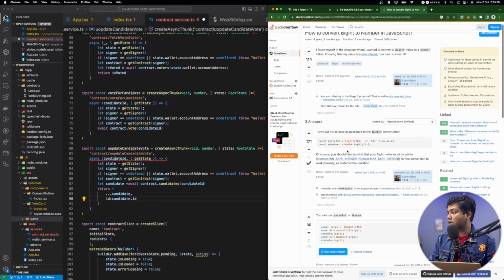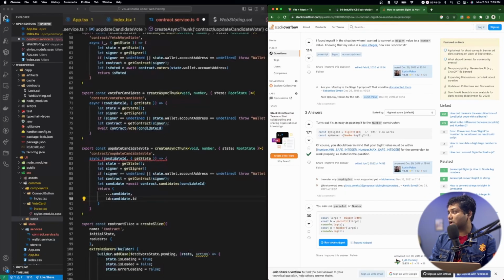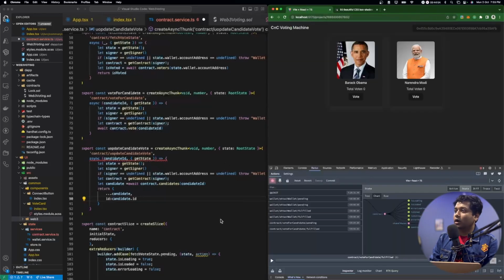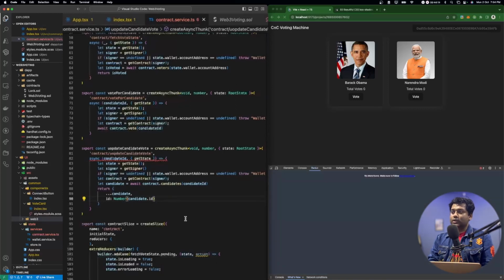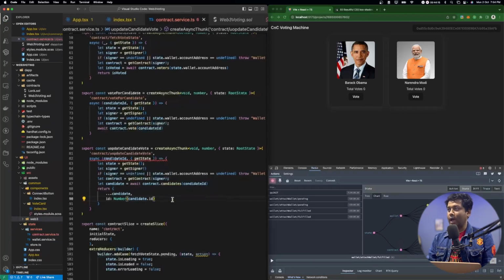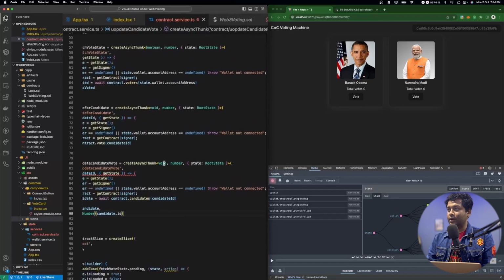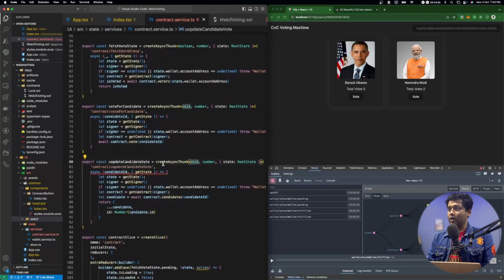Okay, JavaScript BigInt. So I'll just do a number, which I was thinking in the beginning only. Just do a number and put the BigInt here. It will automatically convert it to number. Okay, so this is good. We just want to have the return type instead of void. It should be